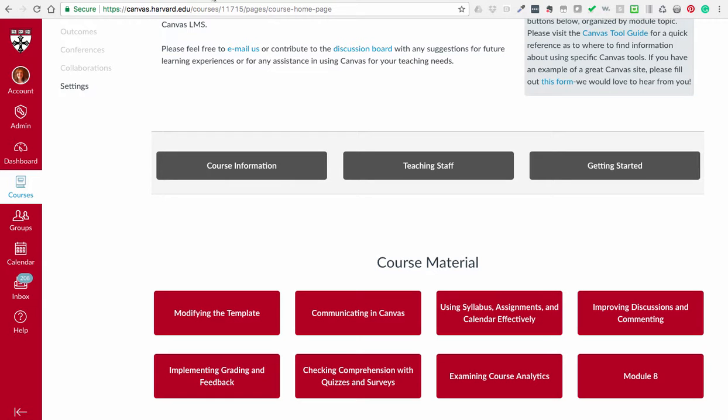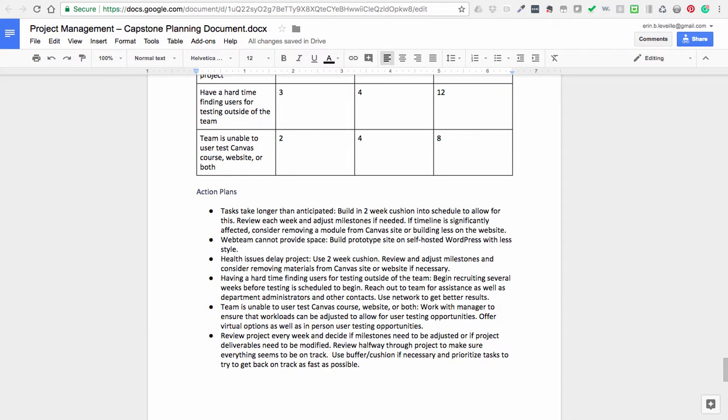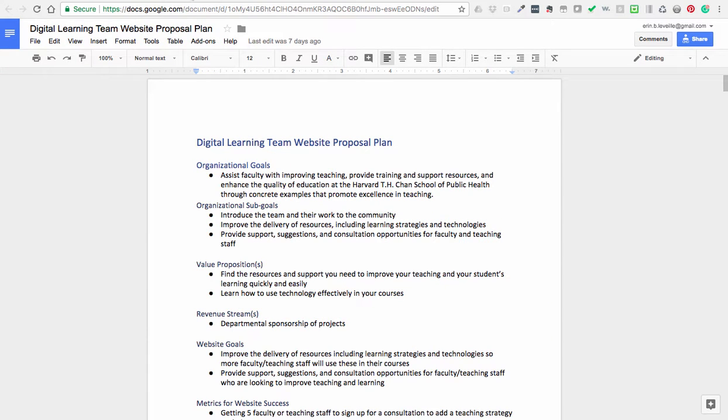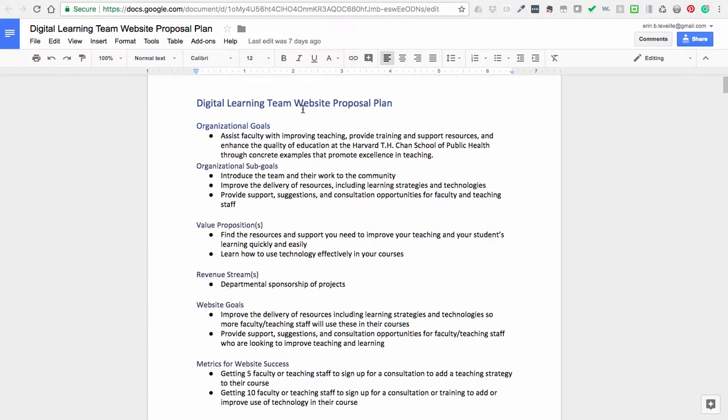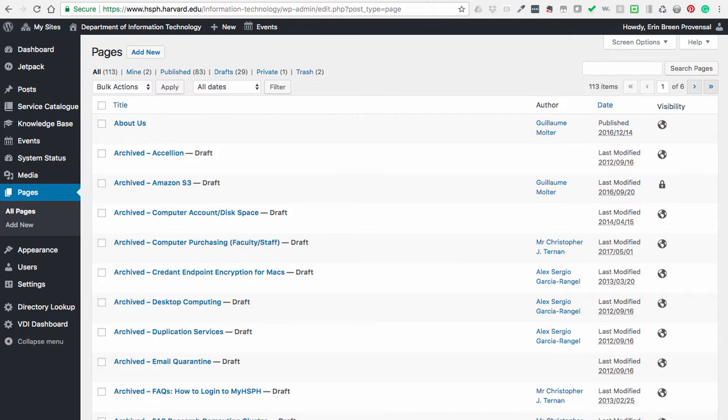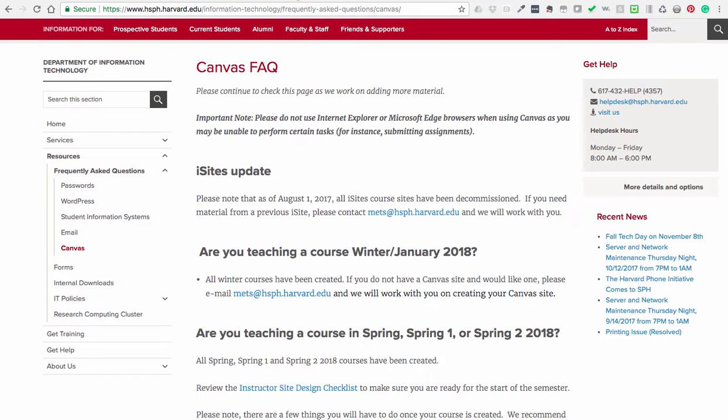In terms of the website, I am kind of moving along. I have the website proposal plan done. I was waiting to meet with the web team to see what the space looked like in order to be able to figure out the wireframes. So I just did that, and it is going to be a little bit awkward looking